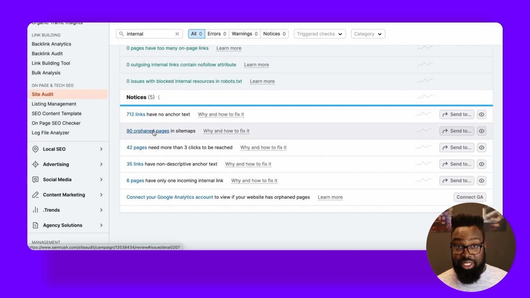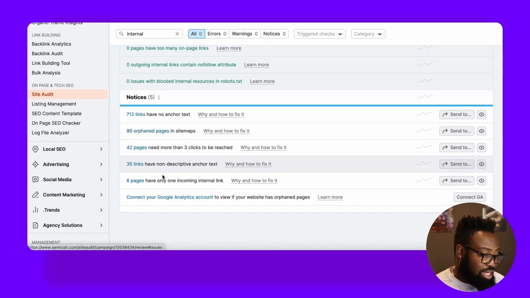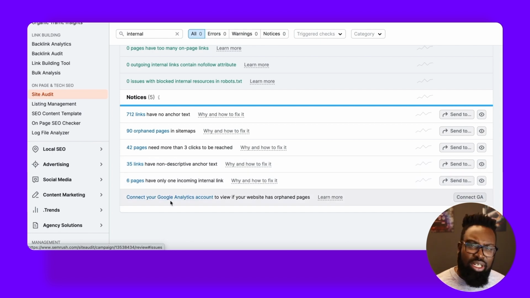90 orphan pages, and just to recap on that, orphan pages are pages that exist in the website that do not have any internal links pointing to them. 42 pages, the click depth is too high, and so on and so on. But lots of really juicy opportunities to go away and pinpoint precise URLs and pages that need to be optimized